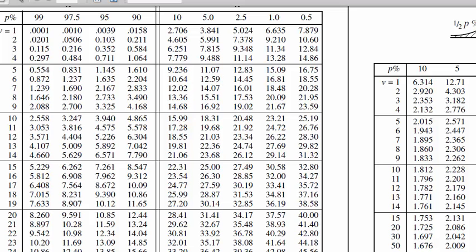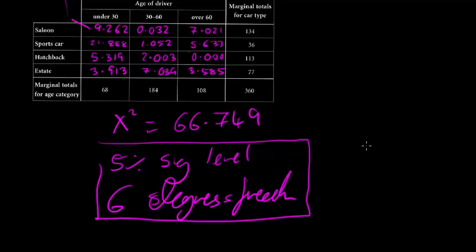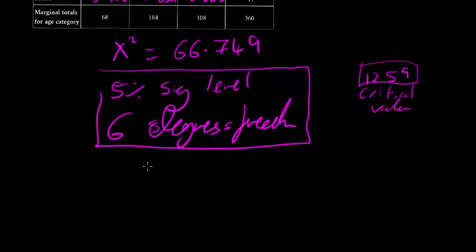Given that my 66.749 is greater than 12.59, my critical value, I'm going to reject the null hypothesis and accept the alternative hypothesis